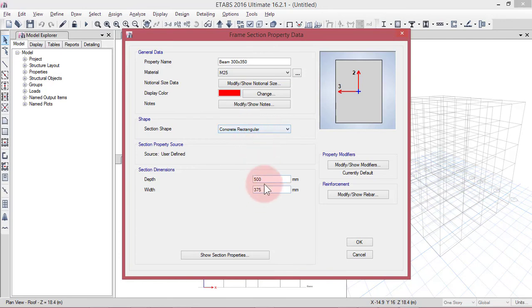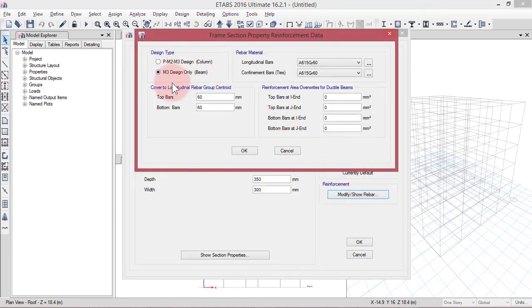Concrete rectangular, width is 300 and depth is 350 millimeter. Enter, and we can go to modify or show rebar.